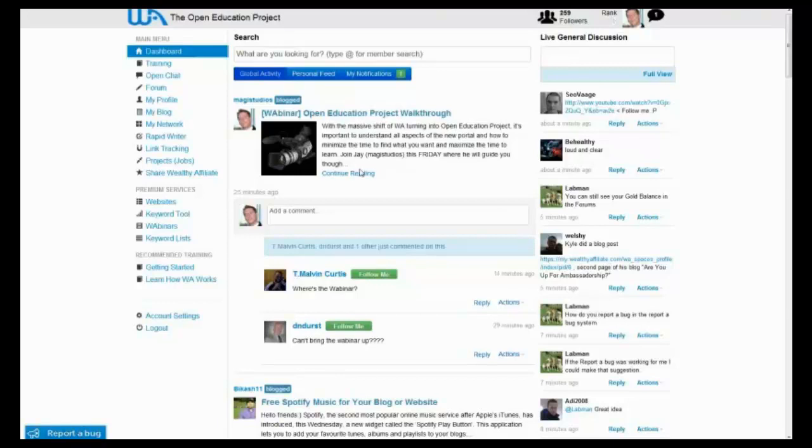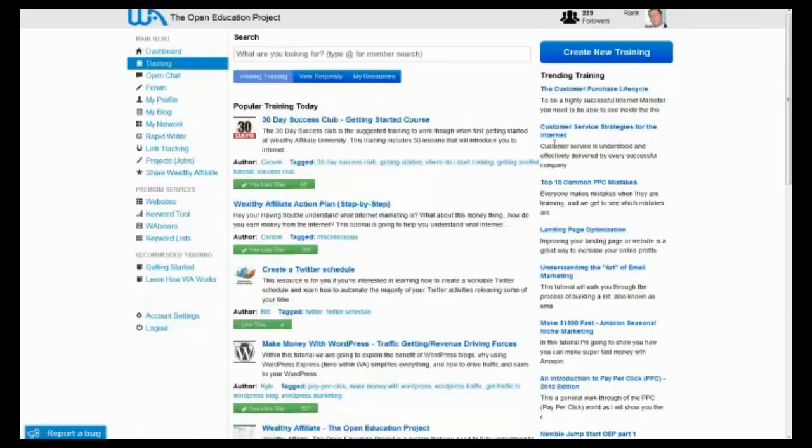That's important. Now, we used to have it where all the training stuff was categorized. What's been replaced now is tags. So when you create training, it's not in categories. It's now just all based on tags. The reason they did this was because they felt it's a lot easier in terms of search,